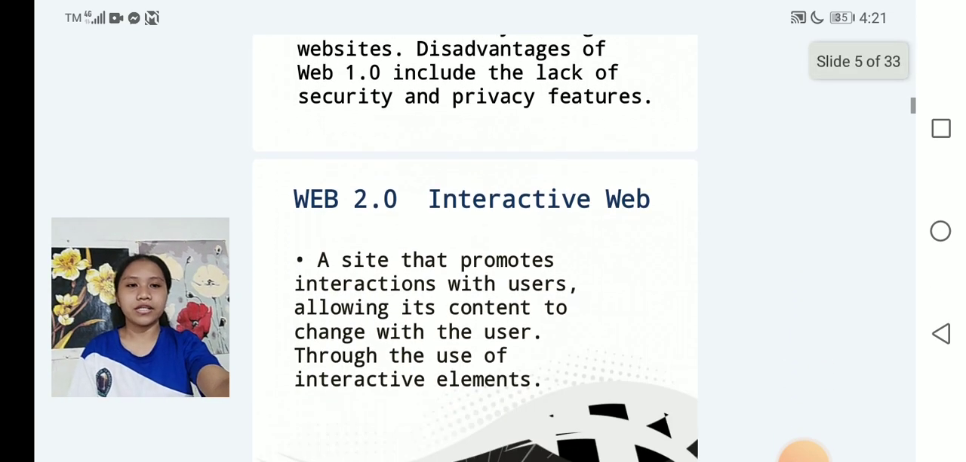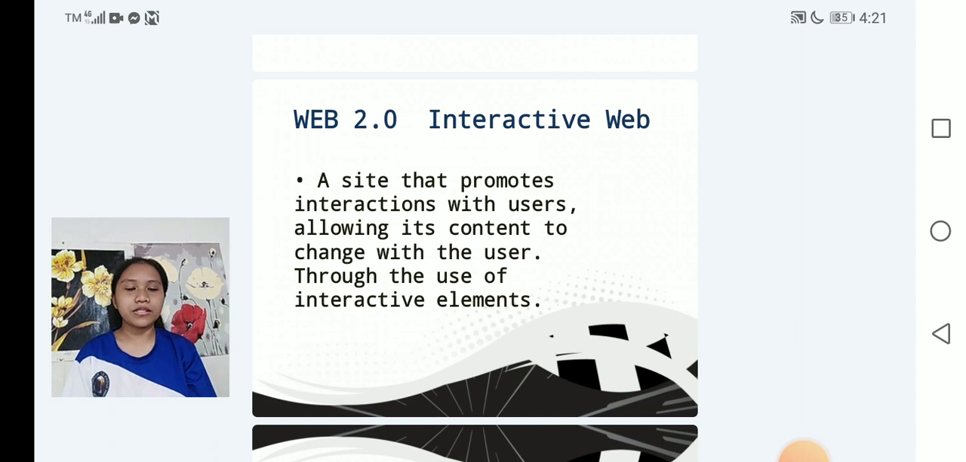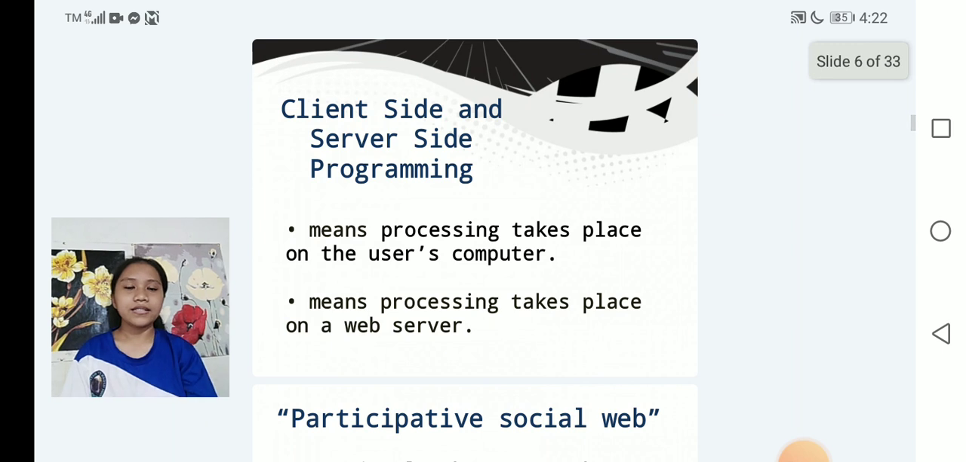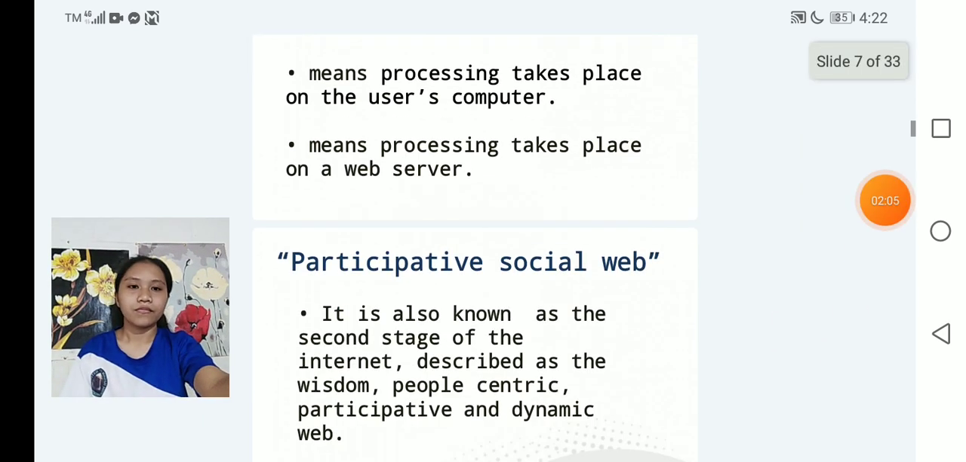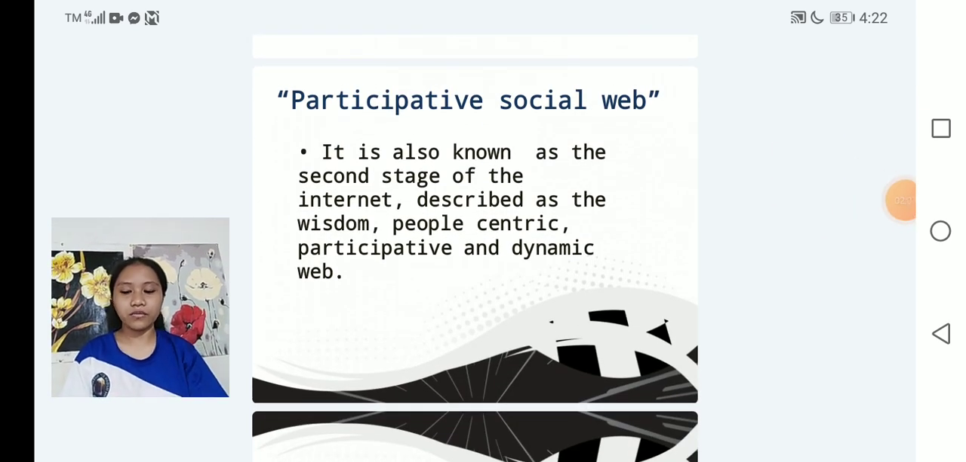Web 2.0, the interactive web, is a site that promotes interactions with users, allowing its content to change with the user through the use of interactive elements. Client-side and server-side programming: client-side means processing takes place on the user's computer and server-side means processing takes place on a web server. Participative social web. It is also known as the second stage of the internet, described as the people-centric, participative, and